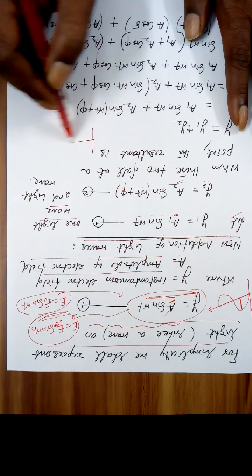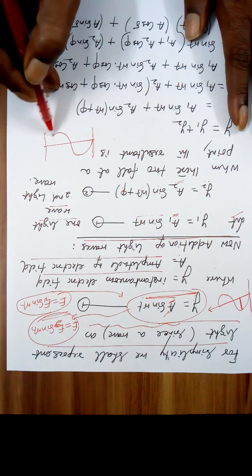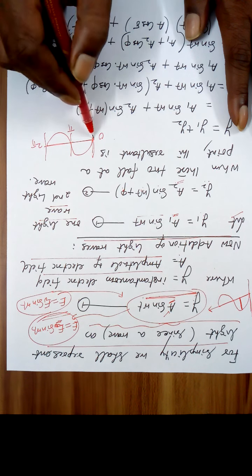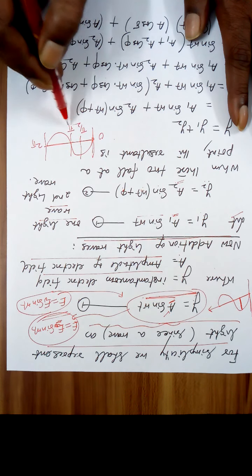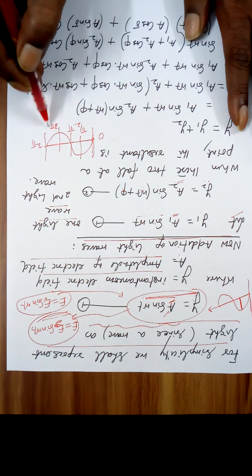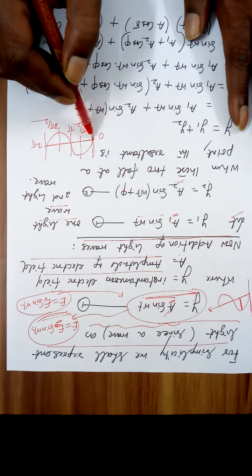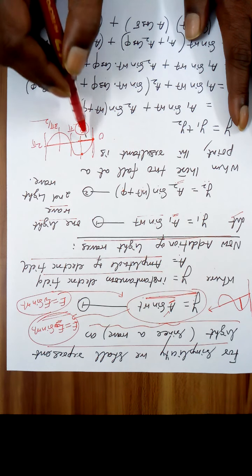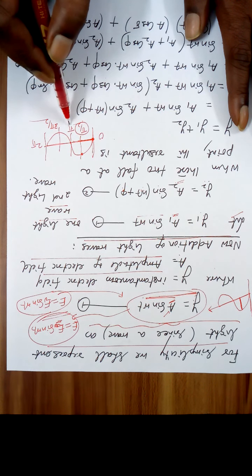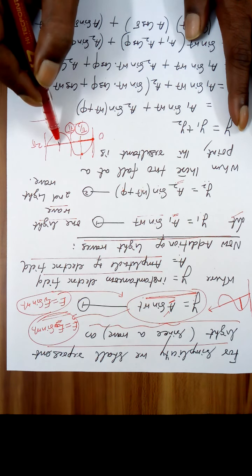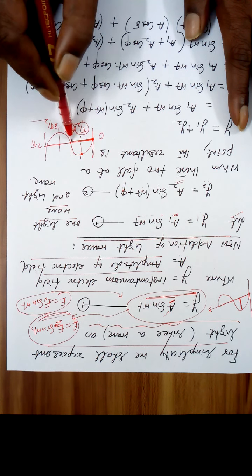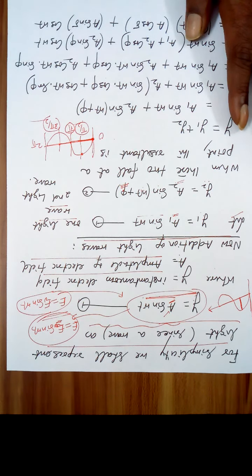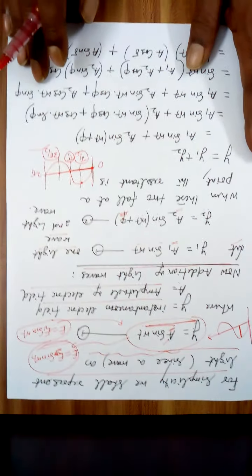What do you mean by phase difference? For a wave, from here to here was 2 pi. From here to here is half of that. From here to here is again half of that. For example, a point here and a point here have an angle difference of pi by 2, meaning phase difference. A point here and a point here have a phase difference of pi. A point here and a point here have a phase difference of pi by 2 plus pi by 2 plus pi by 2, that is 3 pi by 2. So this phi is such an angle. It can have any value between 0 and 2 pi, right?